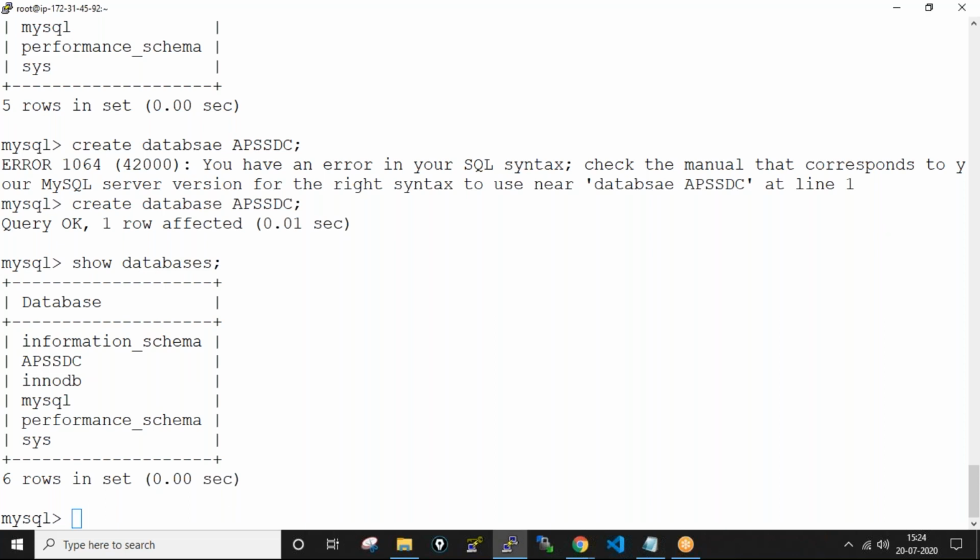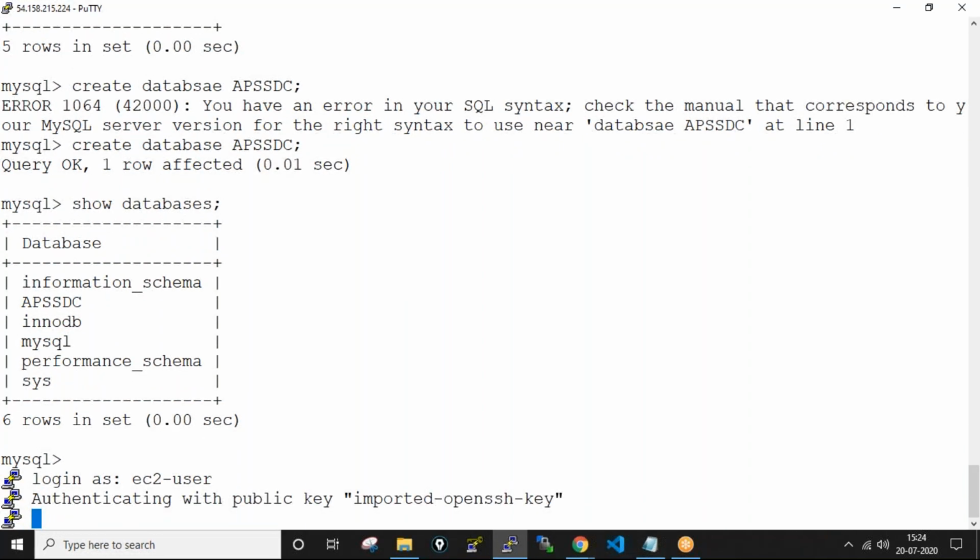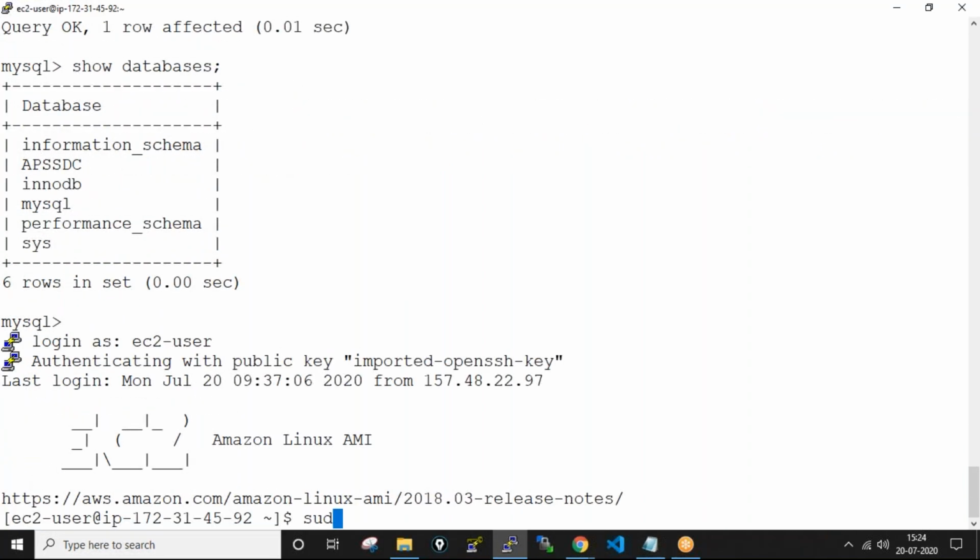For that, use. My PuTTY is inactive, so I'm just restarting my PuTTY. EC2-user. Sudo su minus.